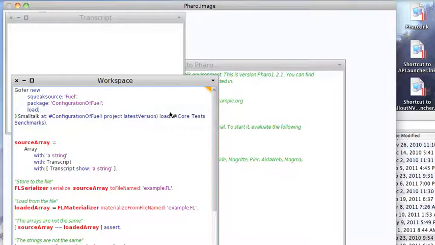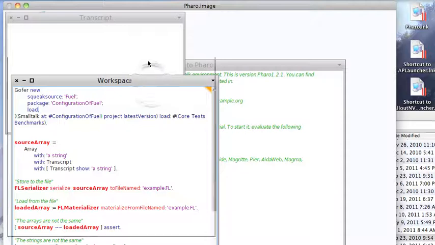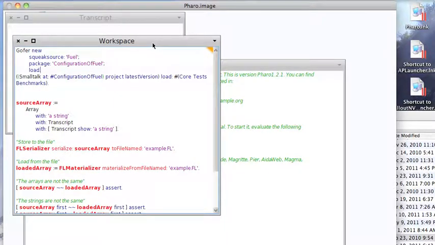This morning I wanted to take a look at Fuel, which is an object serializer for Pharo. I'm interested in these because I've used object serialization fairly frequently in my work, both with my blog server and with Boss when I was working in VisualWorks more often. And I'm kind of curious about how these things work in Pharo, so I thought I'd take a look at